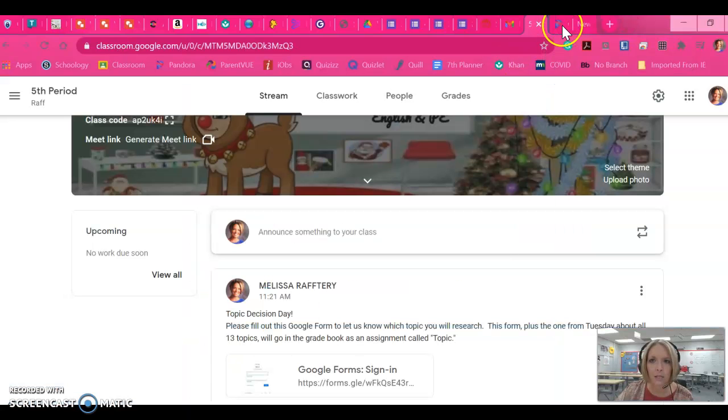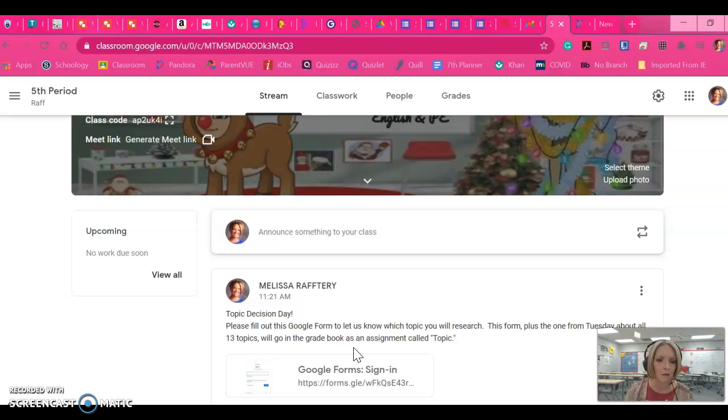So super duper easy. I'm going to combine this Google form with the one from Tuesday and give you like a participation grade, an assignment, and I'm calling it topic just for participating in the two Google forms for this week. So super easy points. And if you have any questions on how to do that, let me know.